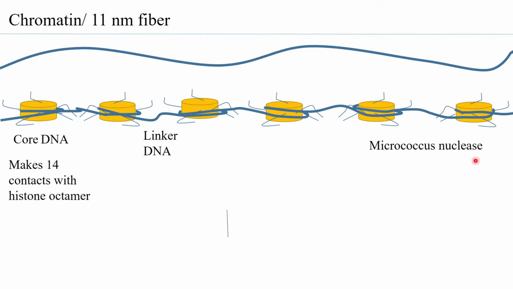The most important part of this experiment was to find out the length of the core DNA, that means how many base pairs of DNA are wrapped around the nucleosome. Effectively, if the linker DNA parts are not bound by any proteins and are exposed, then the nucleases will be able to cut at these sites. So every nucleosome will remain with its wrapped DNA.